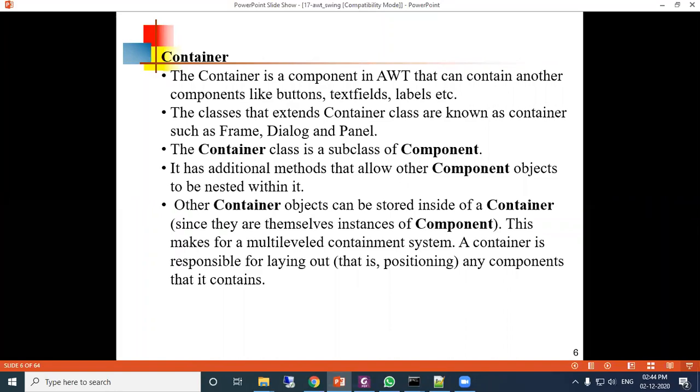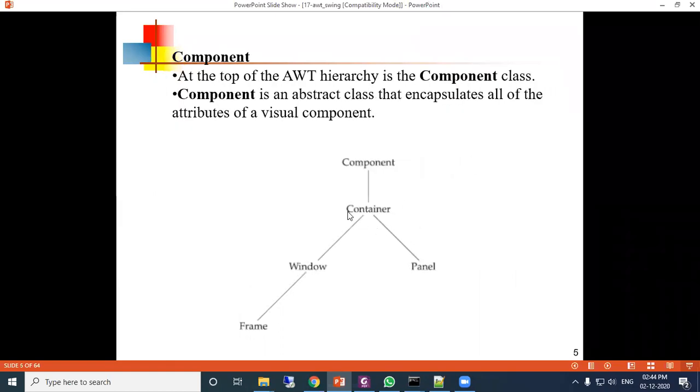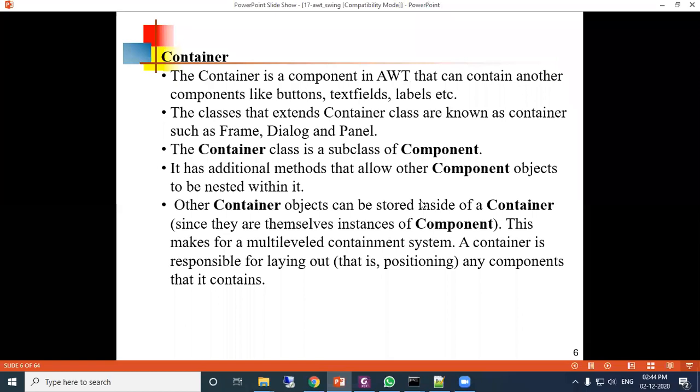The Container class is a subclass of Component. It has additional methods that allow other component objects to be nested within.